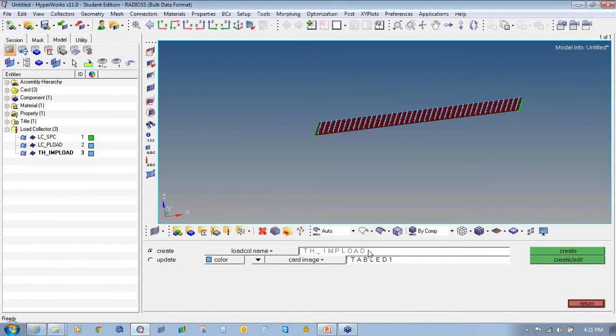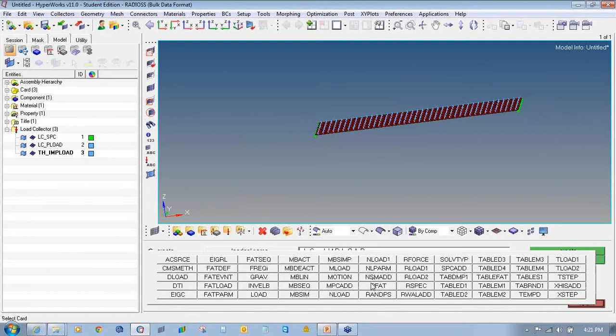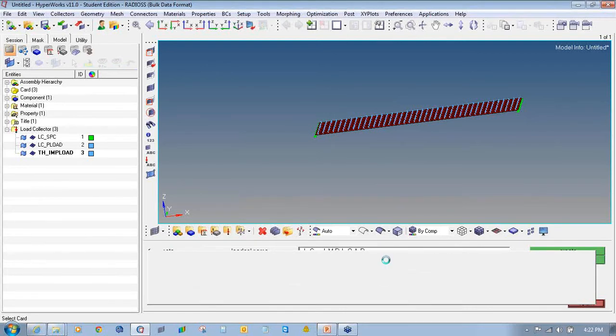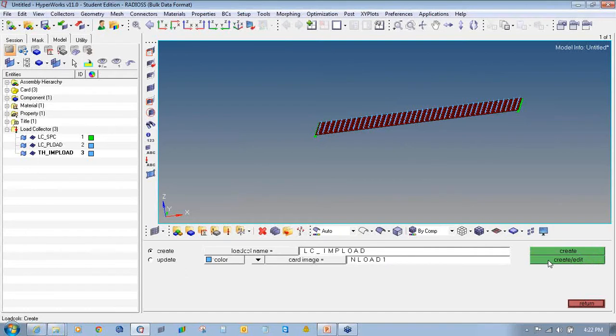Now we'll create one more load collector as LC IMP load. With a card image, we will select N load 1. Click on Create Edit.